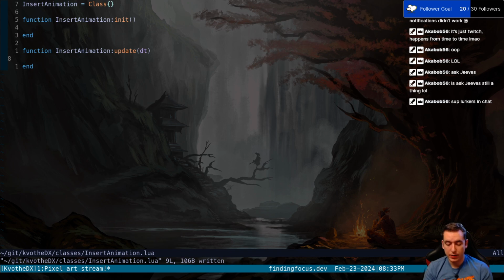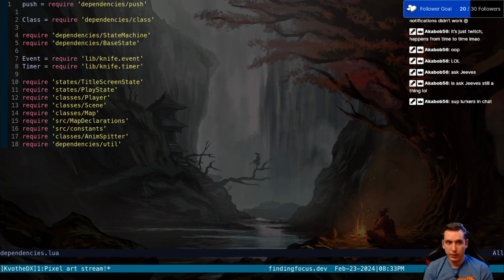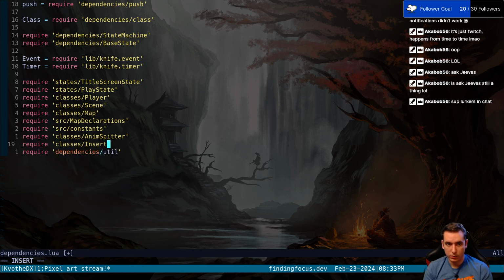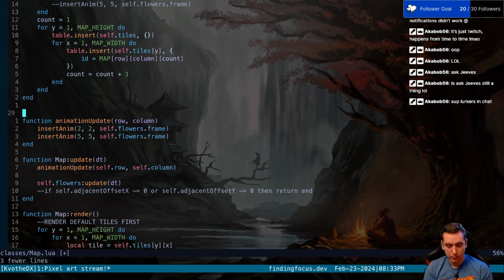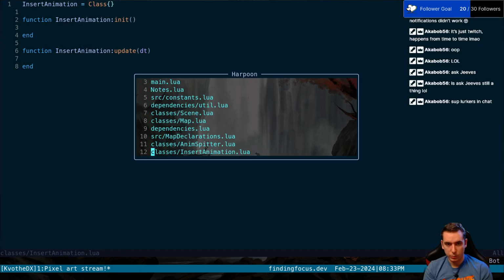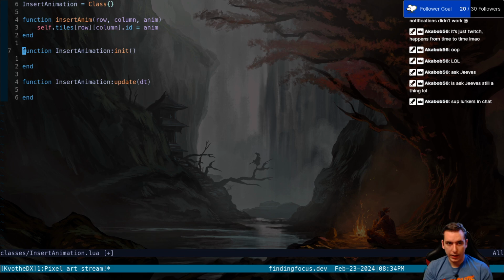So we've got this. Now we've got to make sure that our dependencies is referencing it. So we'll go ahead and require our classes slash insert animation class. So we've got that. Now let's go back to our map, and we'll take this as reference, and we'll go into our insert animations class. We will harpoon it so we can access it. We will paste this for reference,